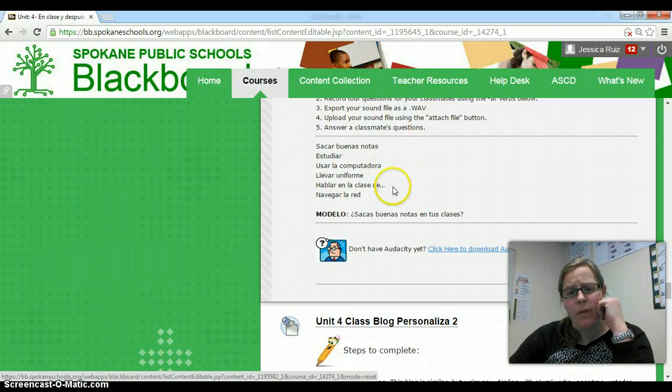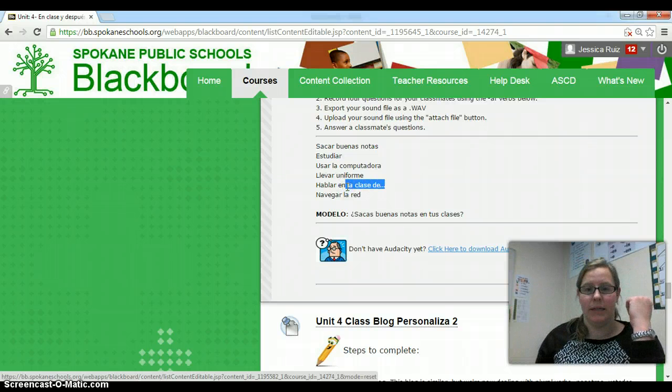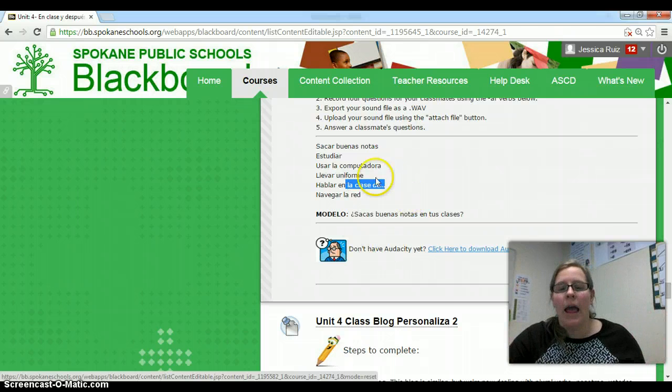Also remember, follow this word order. La clase de, whatever the subject is. That is a very specific construct. There's no reason to change it. Doesn't matter that in English we might say, oh, well, that's math class. Well, that's super. But in Spanish, it's not matemáticas clase. It's la clase de matemáticas. End of story, okay? So we want to make sure we're getting used to those word orders. And the final thing they give us is navegar la red.